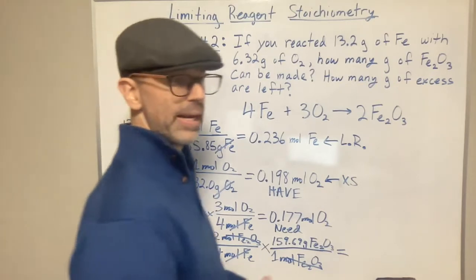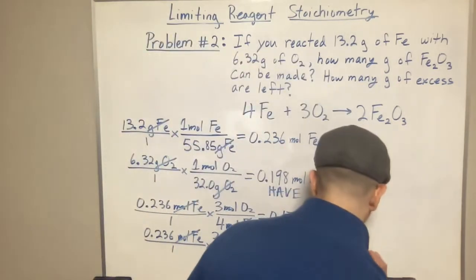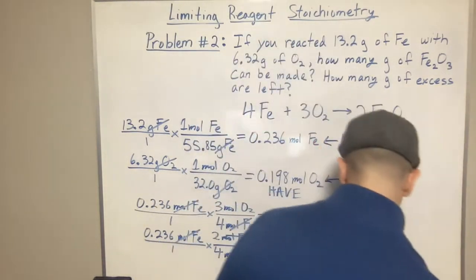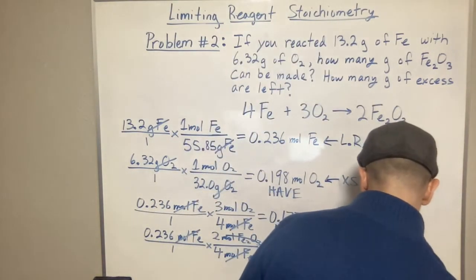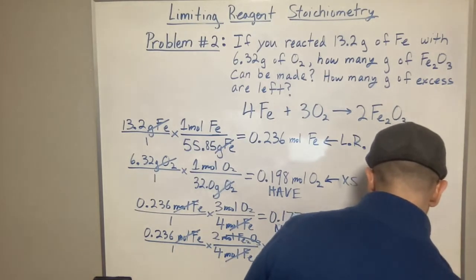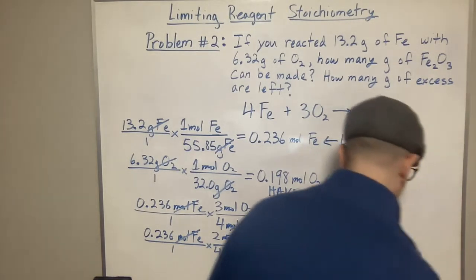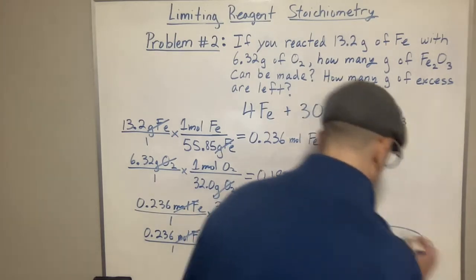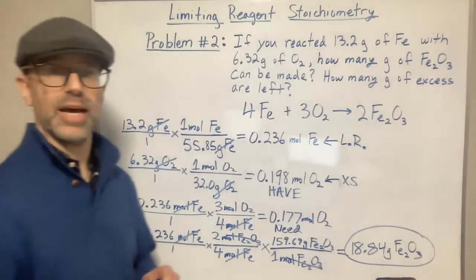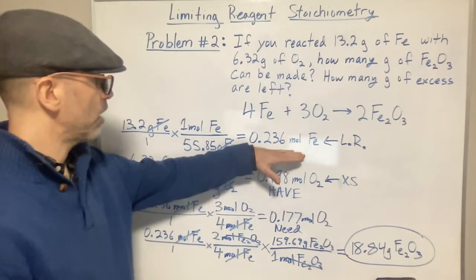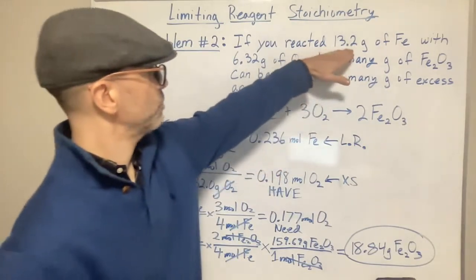So when I do my calculation, I end up with 18.84 grams of the iron 3 oxide. So that's the number of grams that I'm able to produce from this amount of iron, which is the 13.2